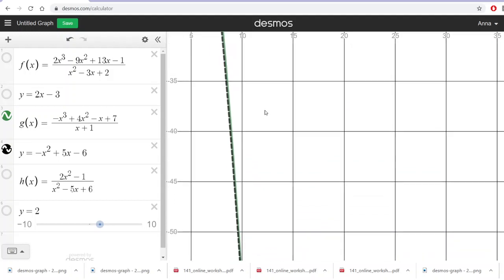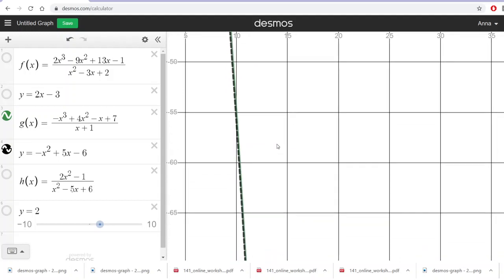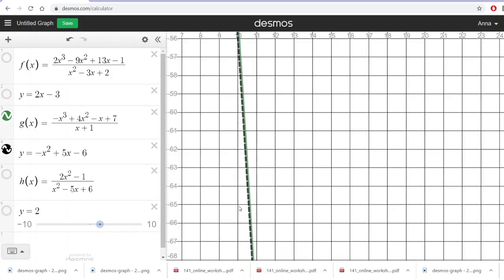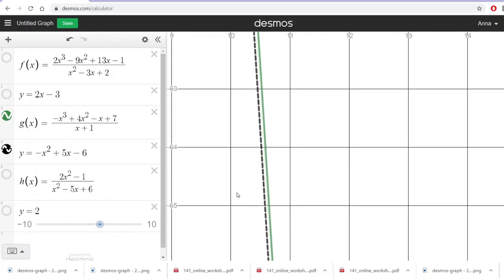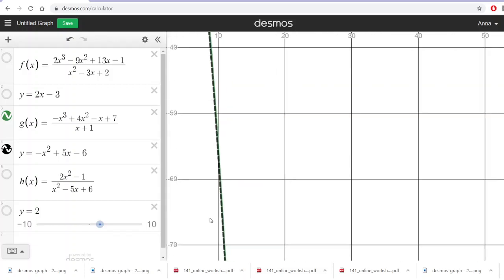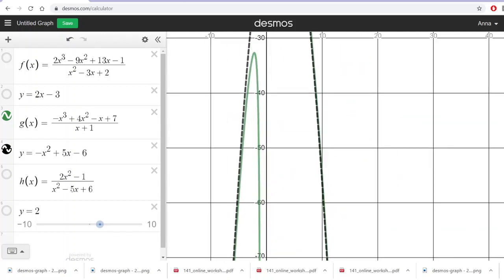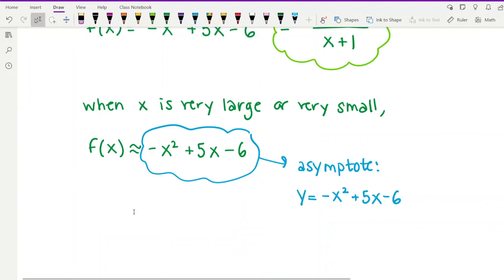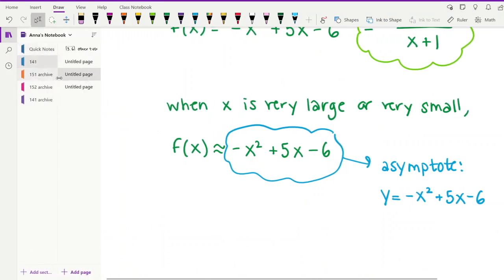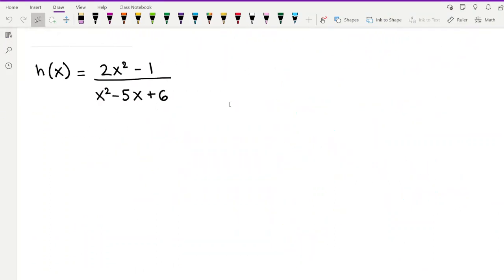function is getting closer and closer to this black dotted line to the point where it almost looks like they're overlapping. Although, like on the last one, if you zoom in enough, you'll see they're not quite overlapping, but they're almost there. And then the same thing happens in the negative direction as well. So the last thing I just want to show you is that this same kind of approach actually also works with